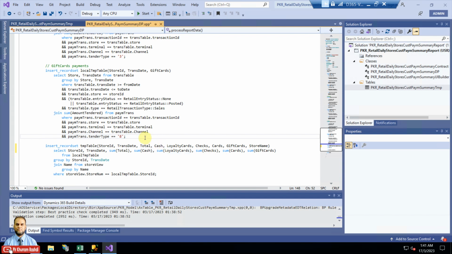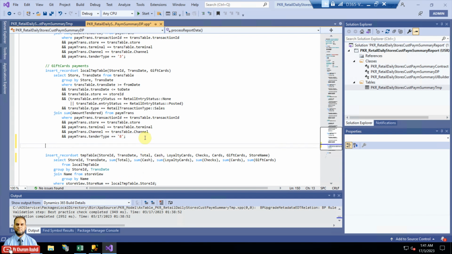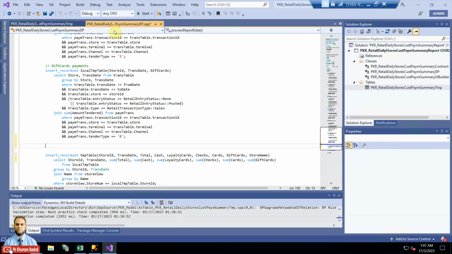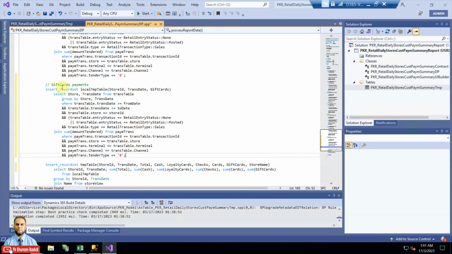So what about the opening cash amount? Let me see the field name. It is called only opening. I will copy the same here. Okay, and I will put here opening amount, and here opening. Okay, in the opening,